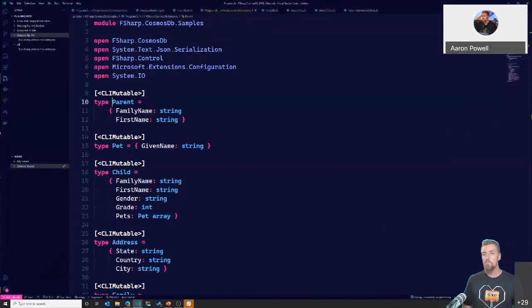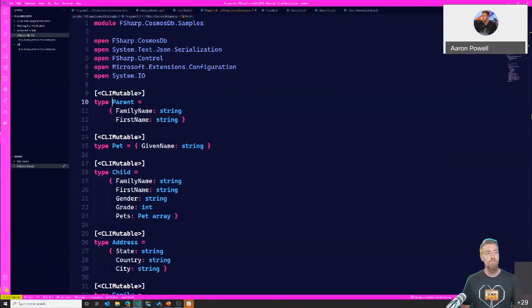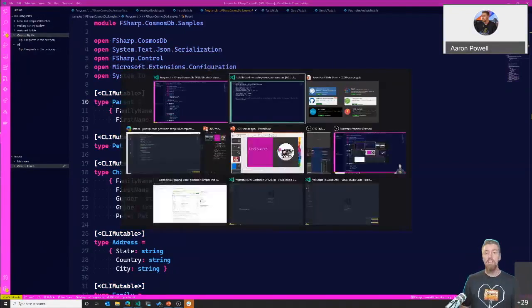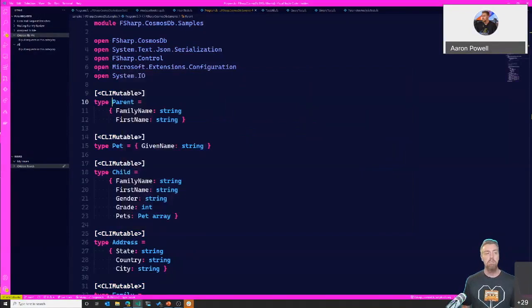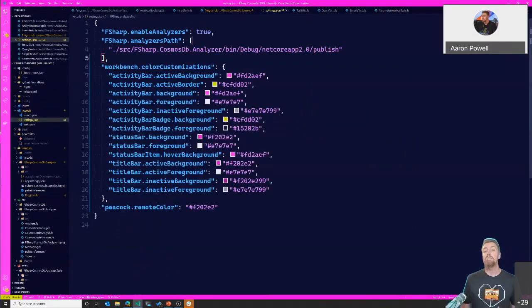Let's jump over to my F# project here. Control-Shift-P and do Peacock: Surprise me with a random color. Let's see what we get. Cool, we've got a lovely fuchsia color there. And now when I'm Alt-Tabbing, I know which one's which as I'm tabbing back and forth. The way this works is it adds some stuff to the local settings file. It just modifies some local VS Code settings only for this particular workspace, so it's only applied to this particular project, not for all the other workspaces that I have open. That's why it's in this editor and not in any of the others.